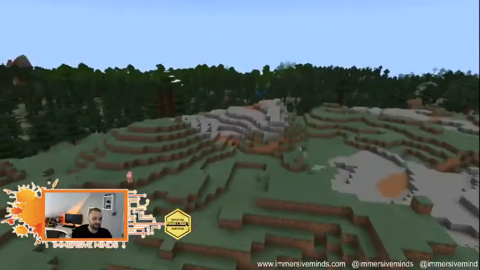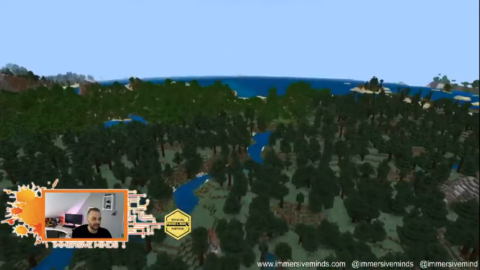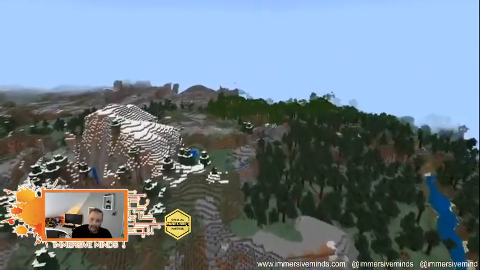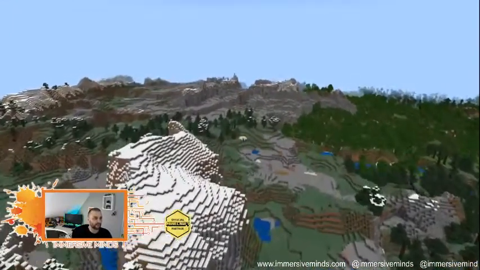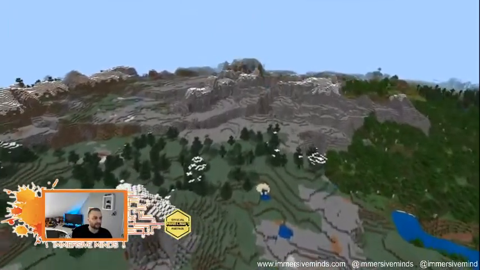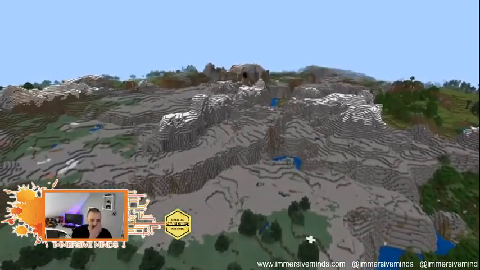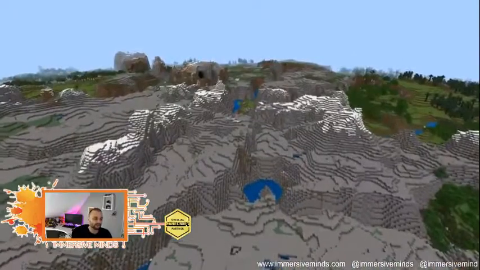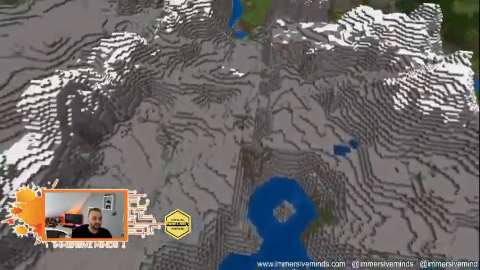And as I've mentioned on almost all of my streams, when you start a new world, you are entirely in a new world, a completely new, randomly generated world from any other you've ever seen. And so I love just having a little explore around. Look at this rocky, barren. This is interesting. You know what? I think we'll build over here. I think we'll make this our new home. I'm actually a fan of forests, but I think for the sake of materials, we will go over here and